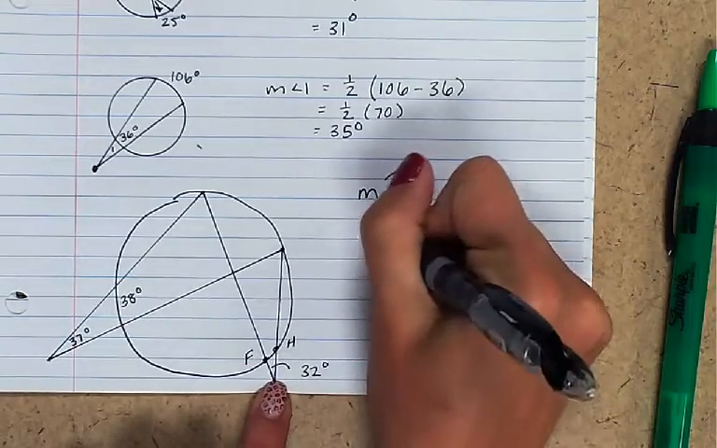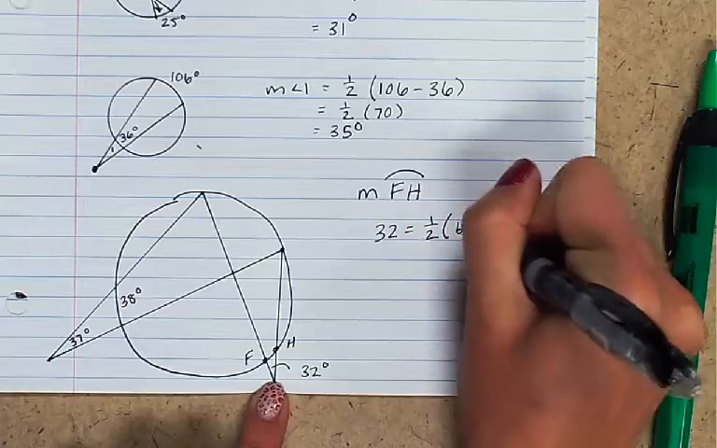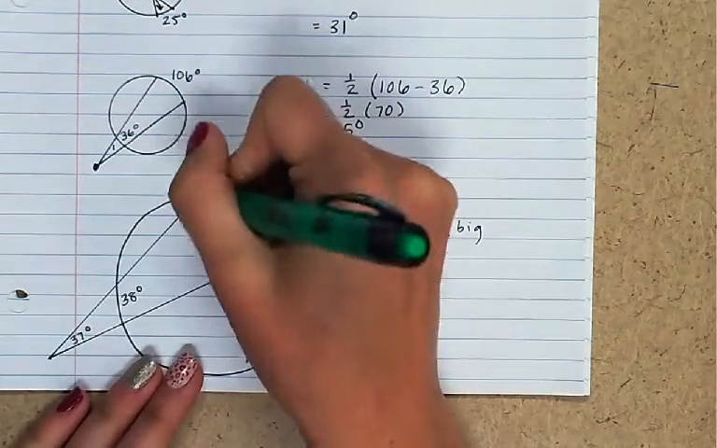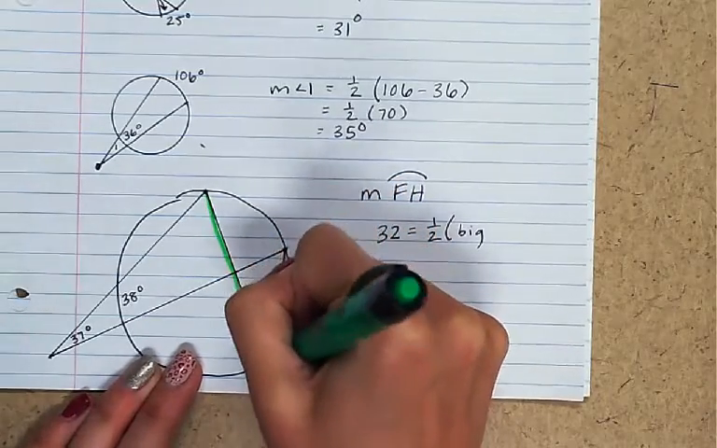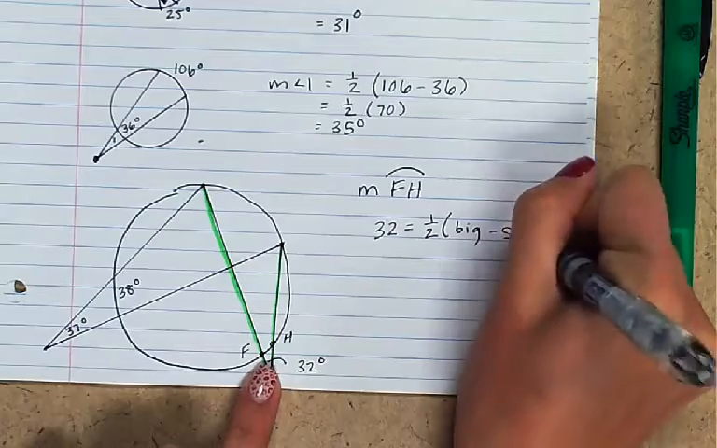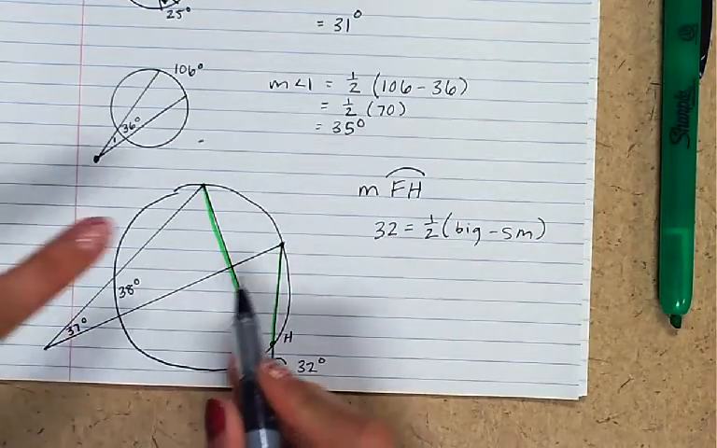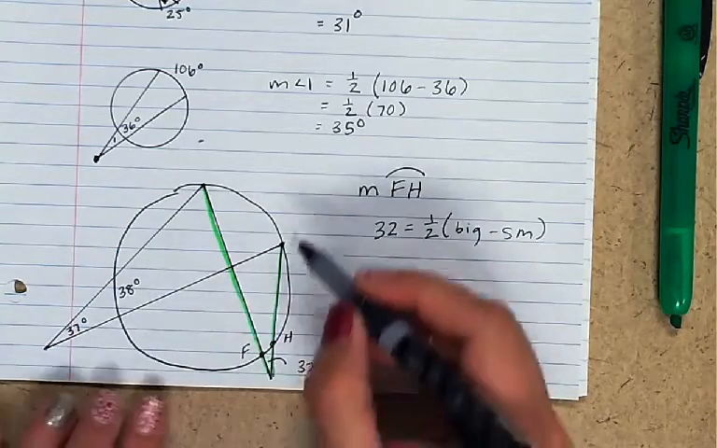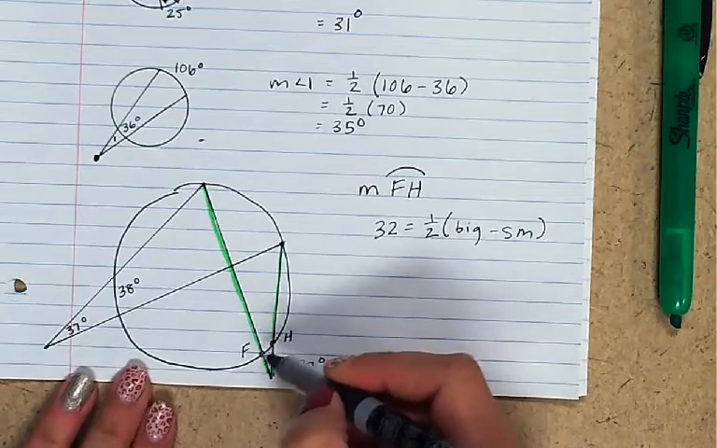So the angle is half of the bigger arc, which we don't know, because if you follow, here, let me highlight it, we follow just this part right here. This is our bigger arc minus our smaller arc, which we don't have any of that information. But what we can do is use this angle over here to help us out. So here I have enough information to solve for this arc,